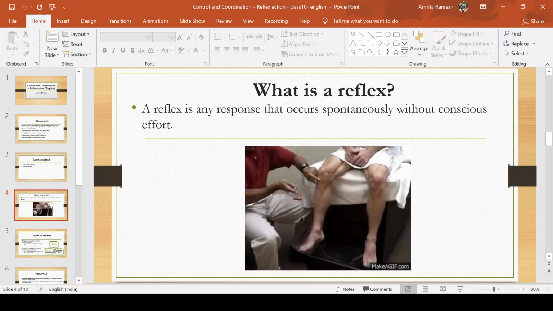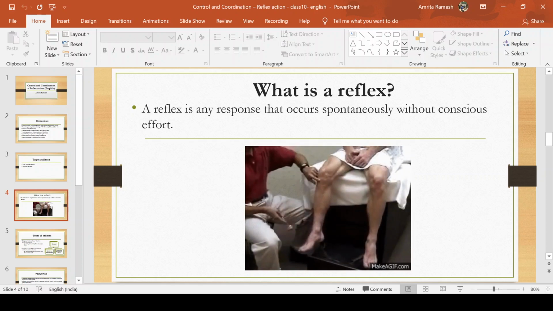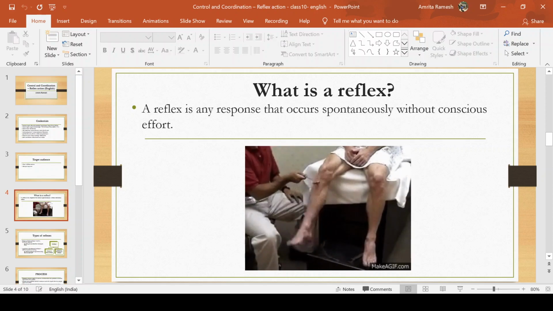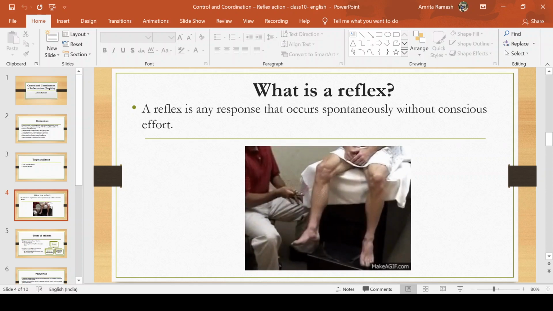A reflex is something that we do very spontaneously, extremely spontaneously. There is no thought process involved in the case of a reflex. There's no thinking happening. In that split second, we just quickly react to the situation, without consciously thinking or making a decision and then reacting. There is no analysis going on. When I say there is no analysis going on, I mean that the brain is not involved.